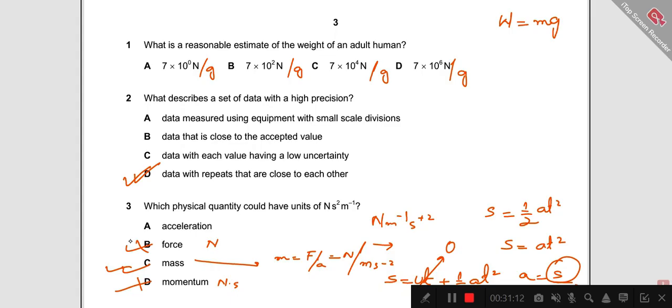7 over 9.81. Let's keep it 10 for easy estimate. This would give us 0.7 kg. 700 divided by 10, this would give 70 kg. Then 70,000 divided by 10, 7,000 kg. And this would then give us this value. So of course the most reasonable value is